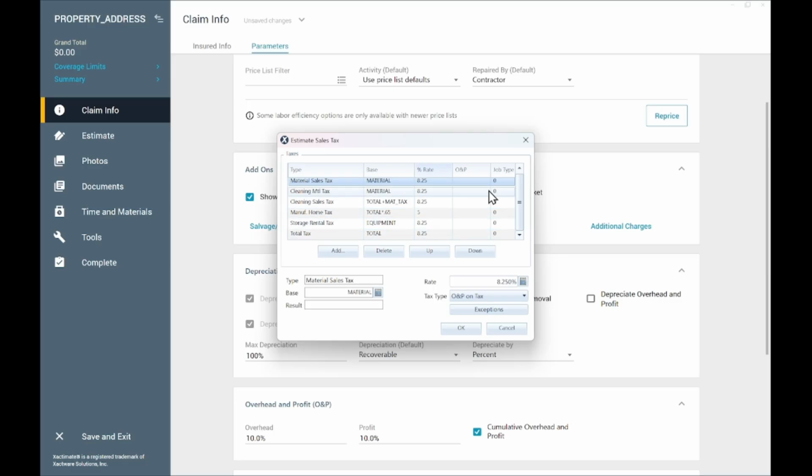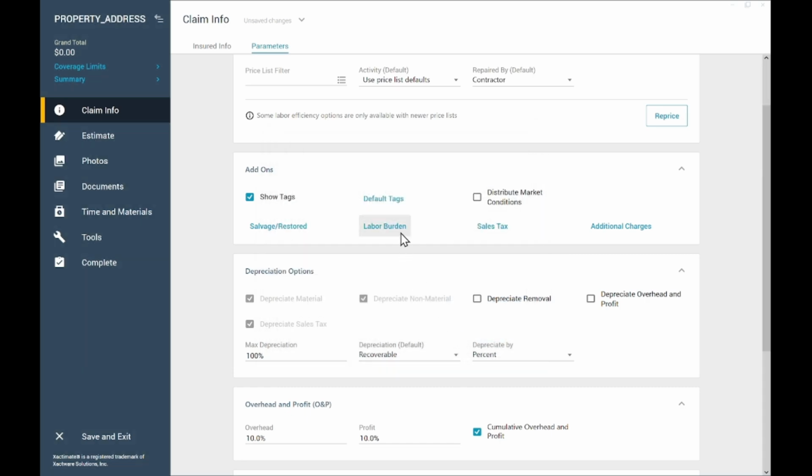This could all be edited. Again, depending on your tax jurisdiction, you want to make sure that you're applying the proper taxes to your estimate. Next,